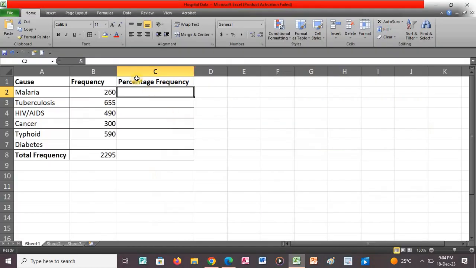So we'll go back to our application. Then we start by typing the equal sign. Due to the rule of BODMAS, we open the bracket. We are given a hint which says that the percentage frequency is equivalent to frequency divided by total frequency